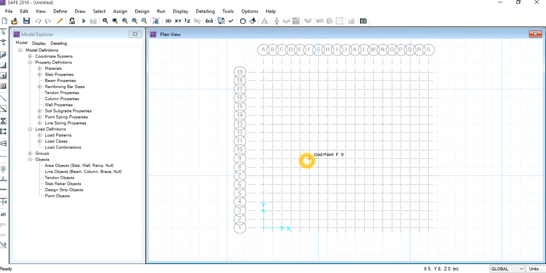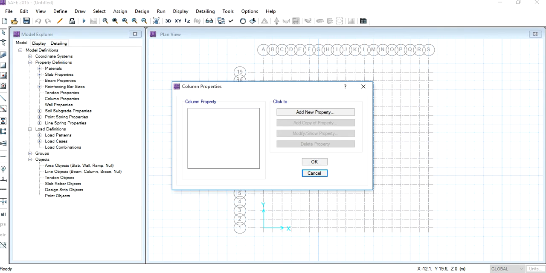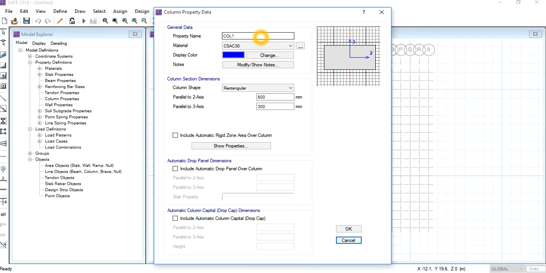After defining the slab properties, now we would define the column properties. Go to define, click on column properties, click on add new properties, give the name as column 500 by 500. In this assignment, we are having 16 columns for the design, but the dimensions are basically of only two types. One is 500 by 500 mm and the other is 600 by 600 mm.